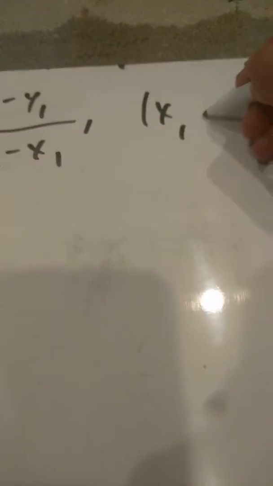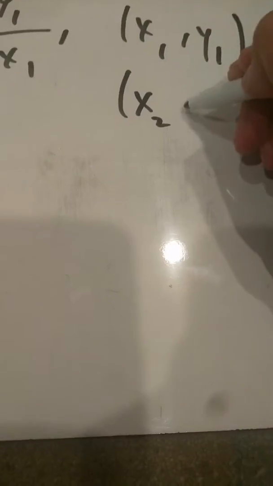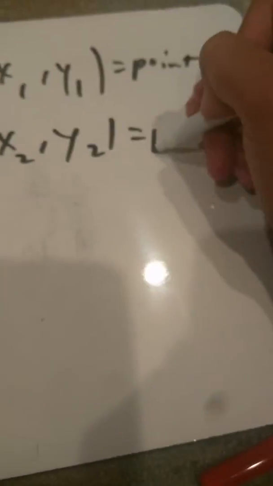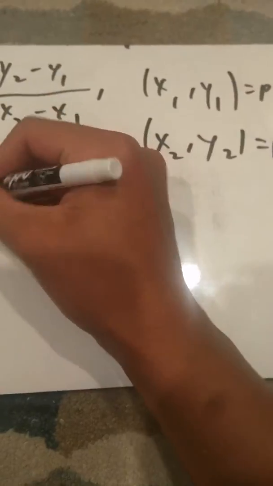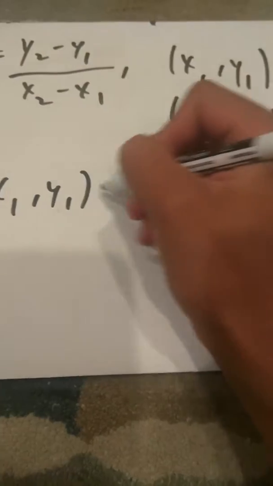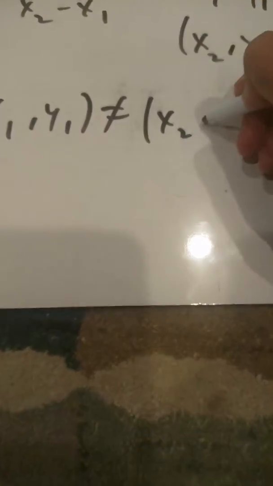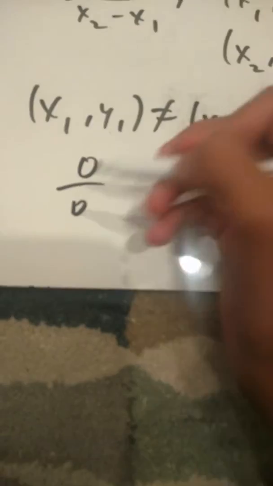Well, x1, y1 is a point, let's just say point 1, and x2, y2 is point 2, p2. So, where x1, y1 is not equal to x2, y2, so you can't have the same point, because what will happen is you'll have 0 over 0, indeterminate form. But anyway,